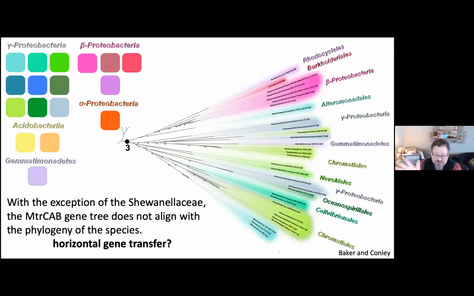And yet, if we run a tree looking at, say, the 16S gene of these microbes, or look at the true phylogeny of these bacteria, they're not related. And so this is an instance of what people would call phylogenetic incongruency, where the relatedness of these bacteria drawn using these genes is different from using the genes that we would use to categorize these bacteria. And so that began Bridget and Izzy diving in and looking at some genomes,